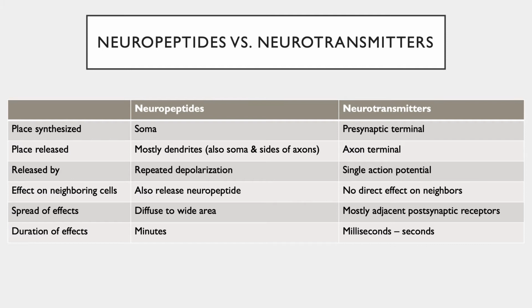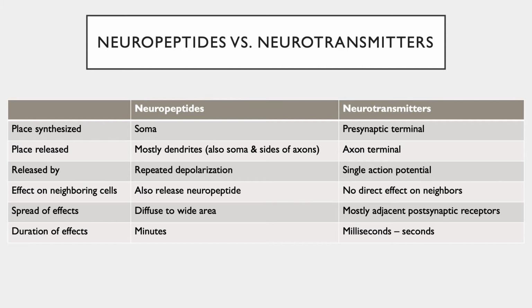Neuropeptides are released by repeated depolarization. Neurotransmitters are released by a single action potential. Neuropeptides, when they bind to neighboring cells, initiate the release of neuropeptides from those cells. Neurotransmitters, however, don't necessarily have a direct effect on their neighbors. Neuropeptides tend to diffuse to a wide area. Unlike hormones, neuropeptides are localized to the brain,